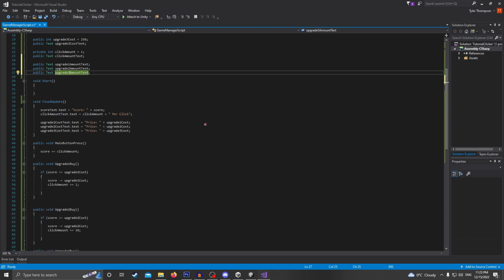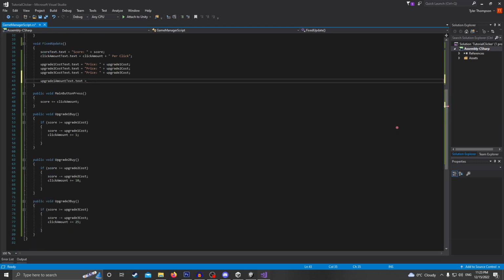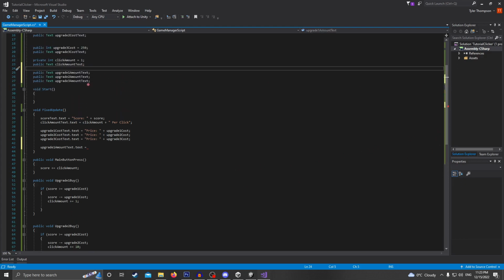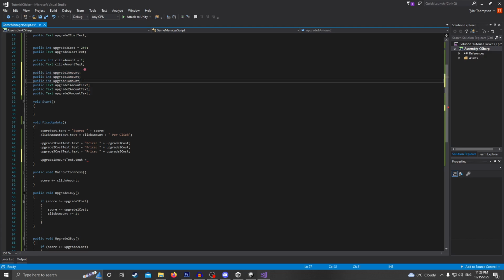Okay. And then we need to bring these down to our update. So upgrade 1 amount text dot text equals, okay, so we actually need to set these variables first. So instead of just having it set to 1, 10, and 25, we might want to change those later on. So we're going to set these as variables instead. So up here above our 3 texts we just made, we're going to do public int upgrade 1 amount, and then copy and paste that 2 times,